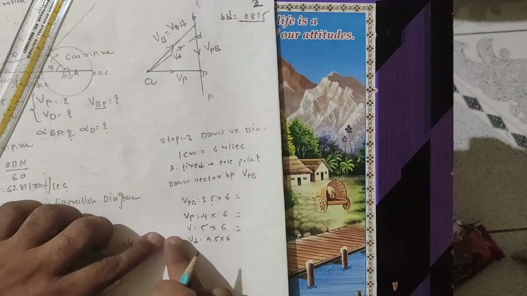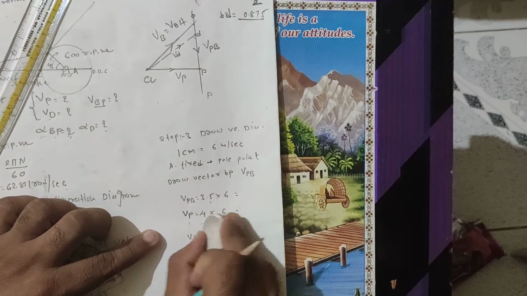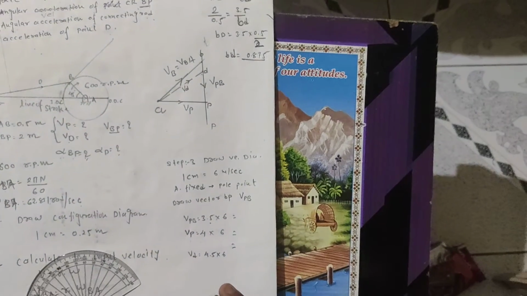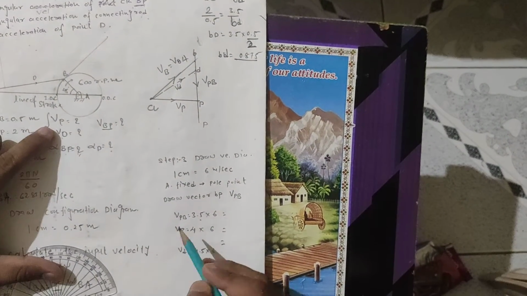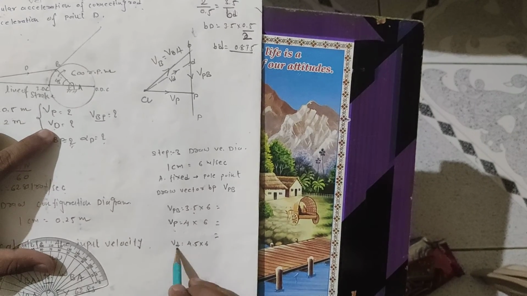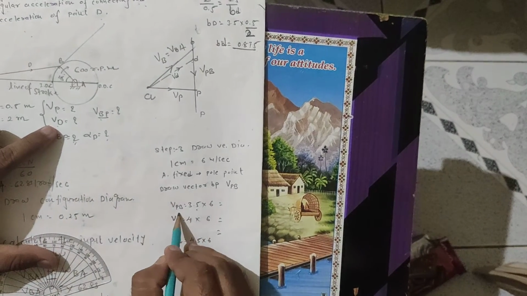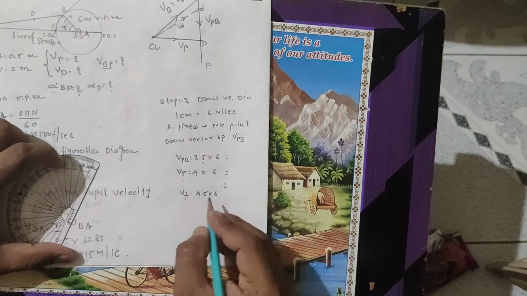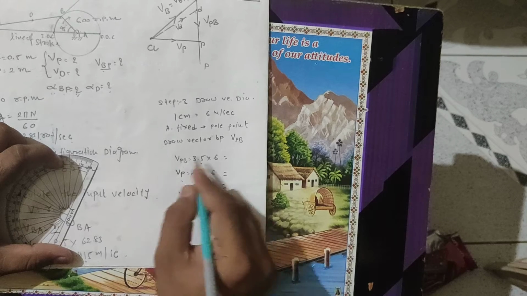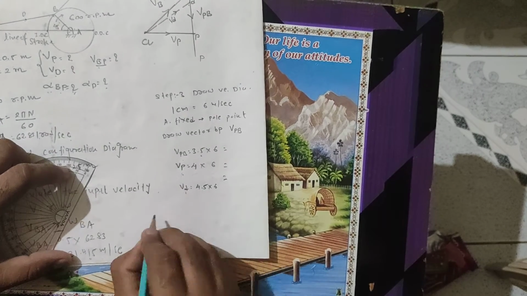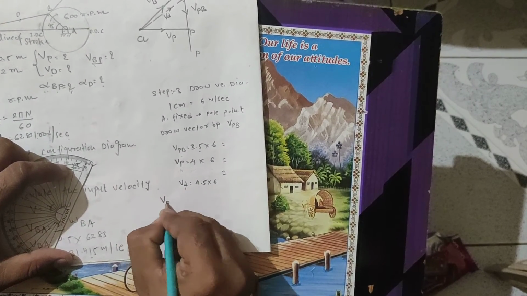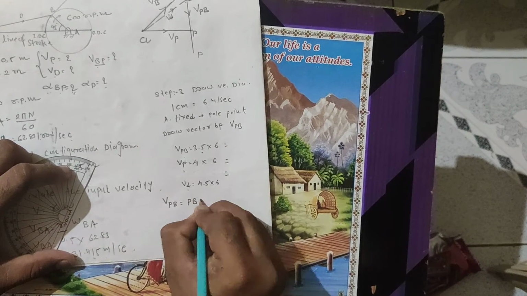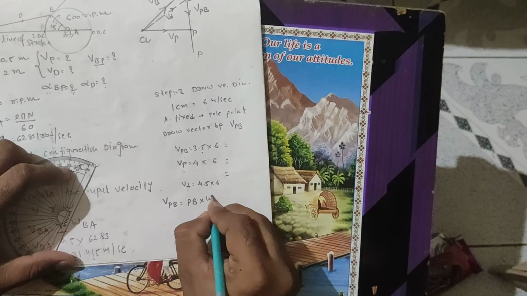One other point that I have to write down over here is for the velocity of B, but the velocity of B we already know. So we have to find out the velocity of P, velocity of D, and velocity of BP, that is over here. Okay, so these three values we have to find out by multiplying this one. So how can we find out the angular velocity of all these? With the help of simple things: VPB is equal to PB, that is the connecting rod length, into omega PB.